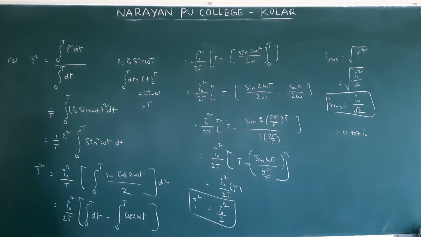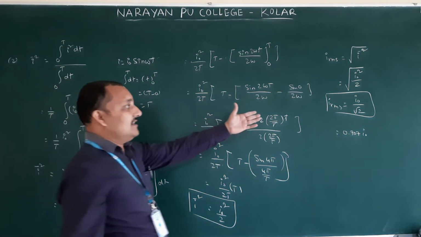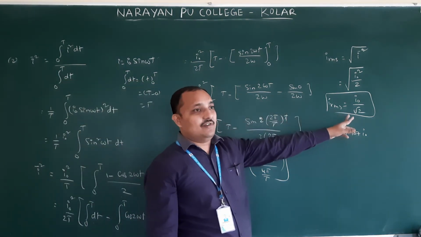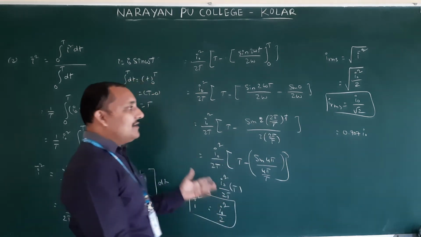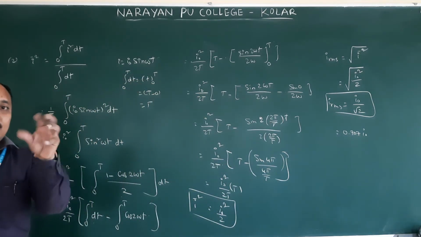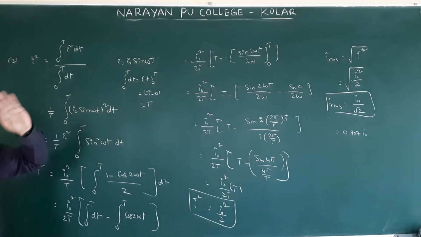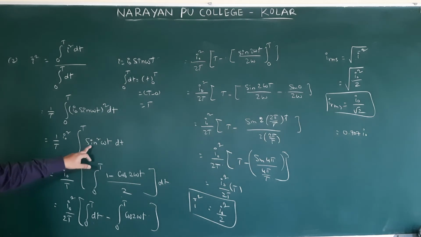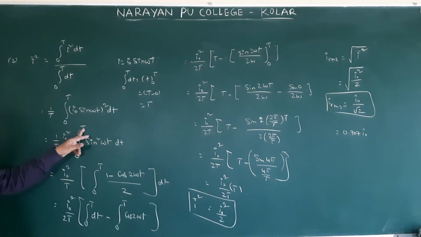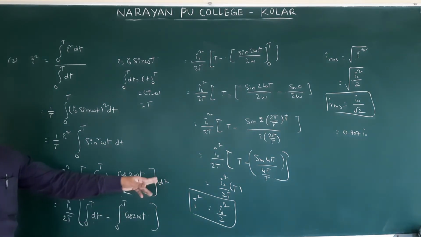So why did we give this derivation? Already we gave this equation, this value for you in PU. Sometimes there will be some equation and we must find the RMS value. At that time we should solve like this. Only for that purpose we discussed these values. Now see a small trick. If you are getting sin square omega t, if it is 0 to T sin square omega t, we are getting this value 1 by 2.